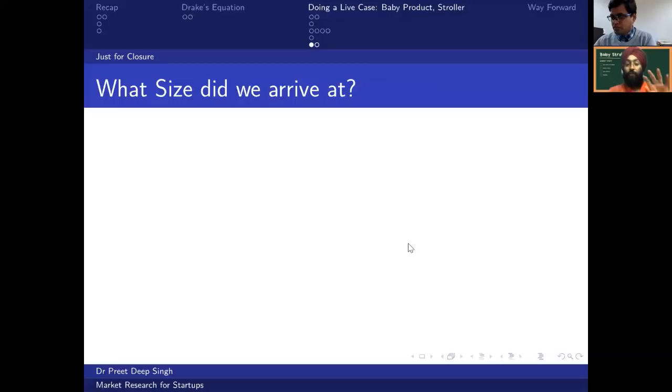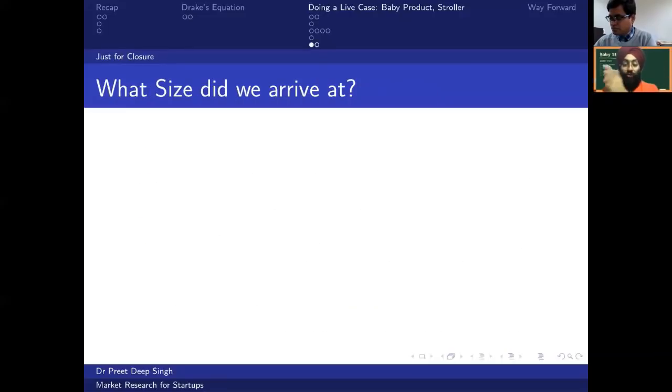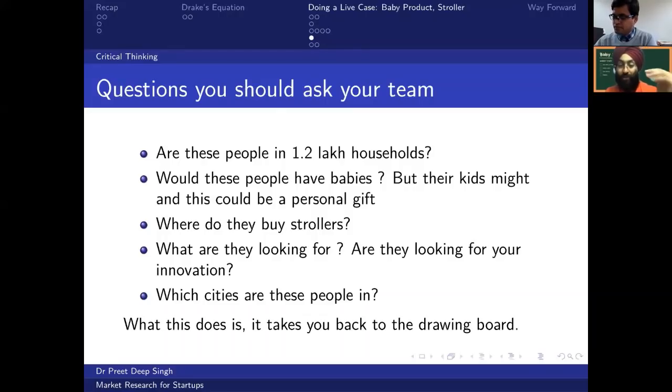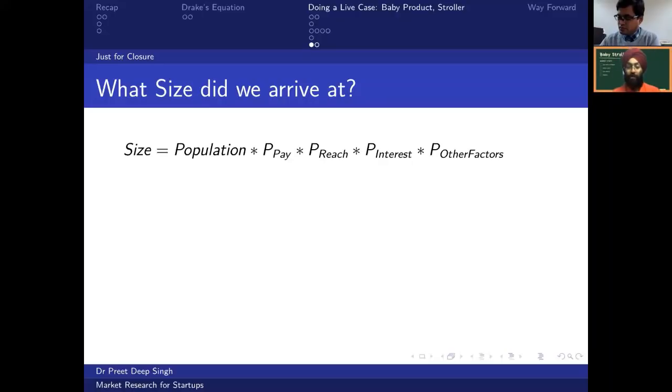Okay, I know we've closed it, but this is just for a mental closure. Just for a mental closure, I will take you through the rest of the steps, right? We already realized that these are the questions and this is how we do it. Just for closure, let us calculate the size. You know, I remember as a math student, a lot of times we would say, okay, this question, I know how to do it. But our professors will always say, just still solve it. You know how to do it, still solve it, get an answer, right? So this is just to get that answer. So this was our formula, if you remember,